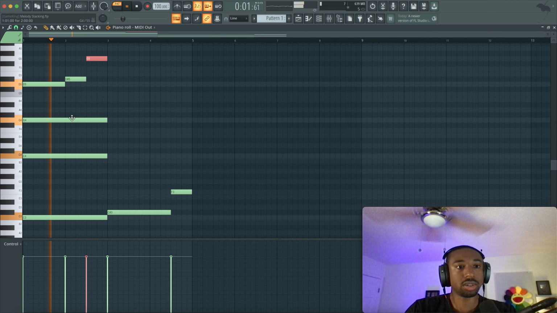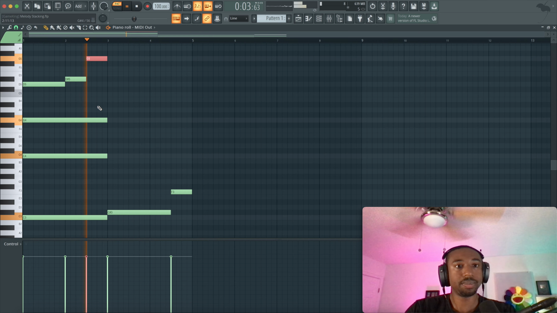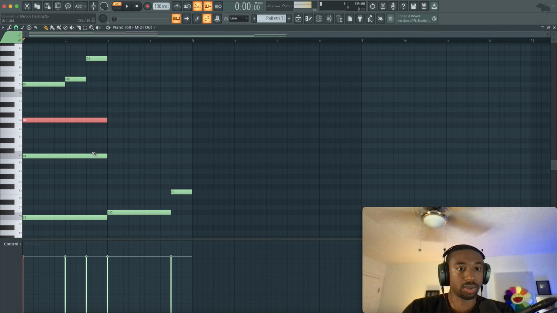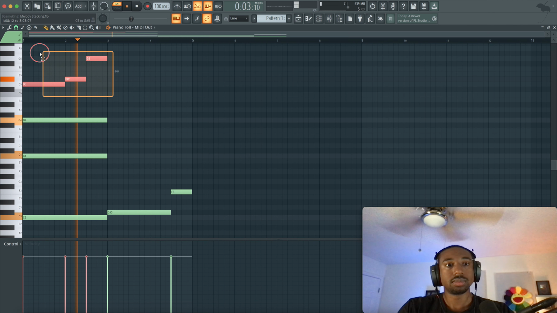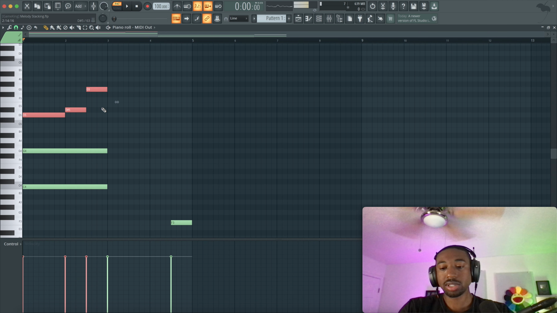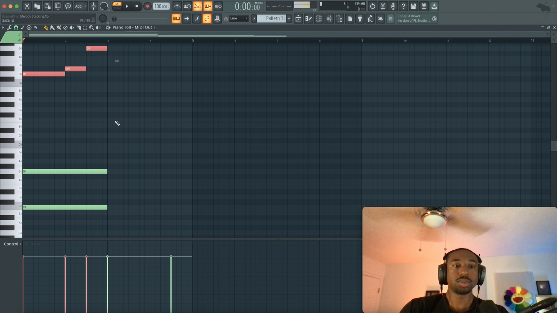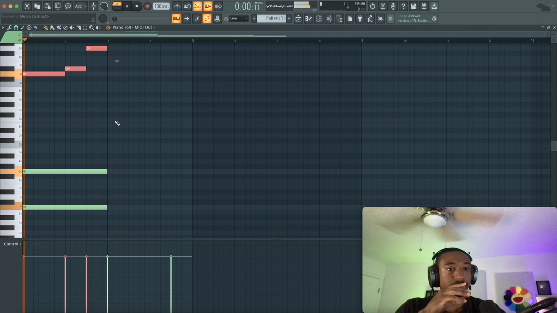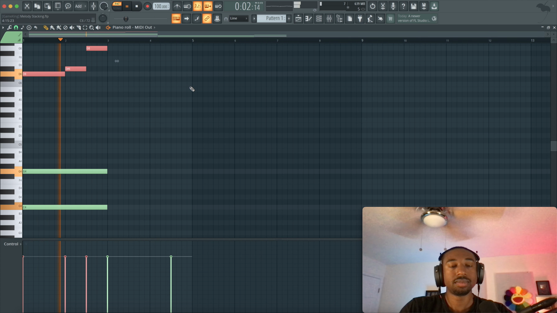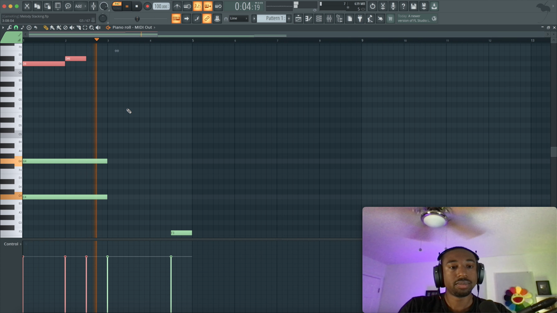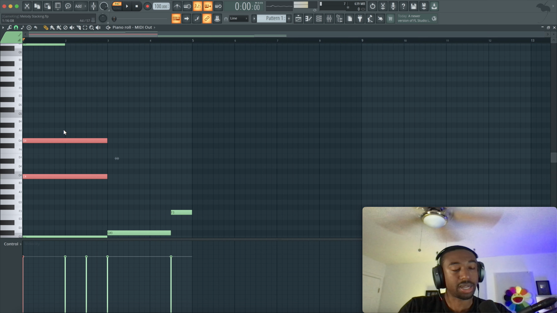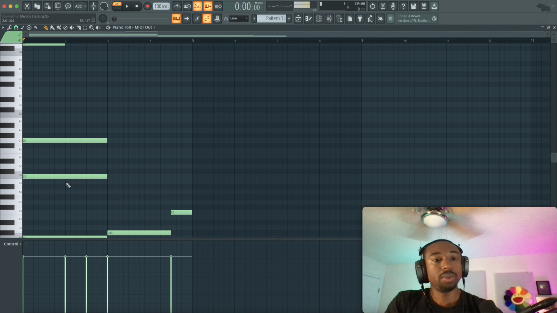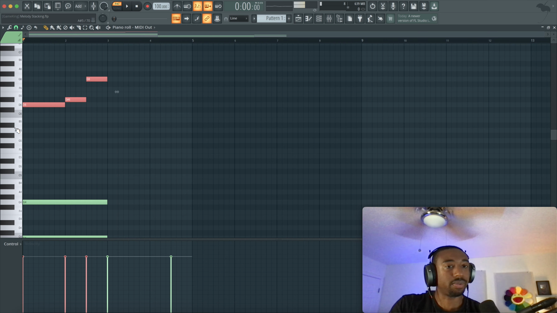Now we're going to go to what's called the fifth, which is 7 notes up from the root note C. And now we just created a top line. So we took our harmony and now made a top line. Okay, so that's why I say most of these layers come from the harmony section. So all we have to do now is, now that's the more advanced way to go about it.